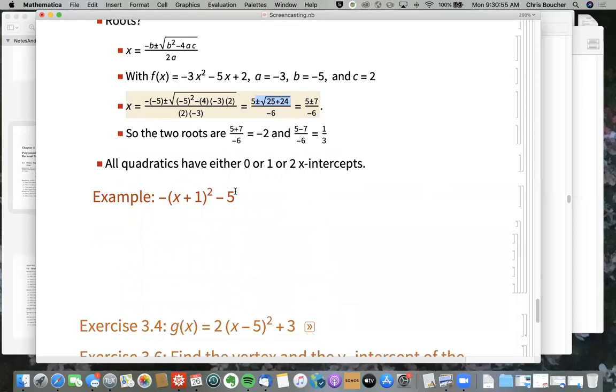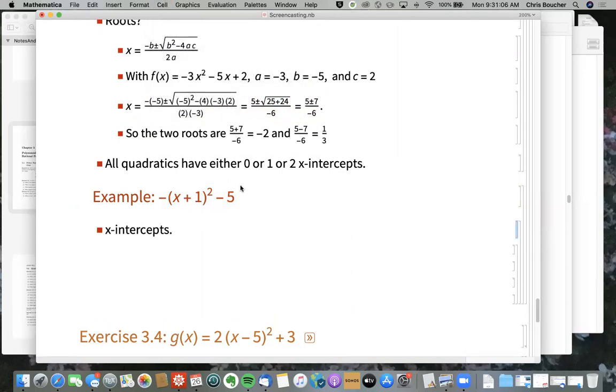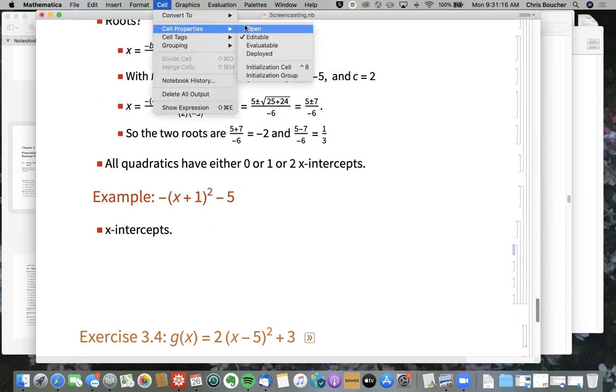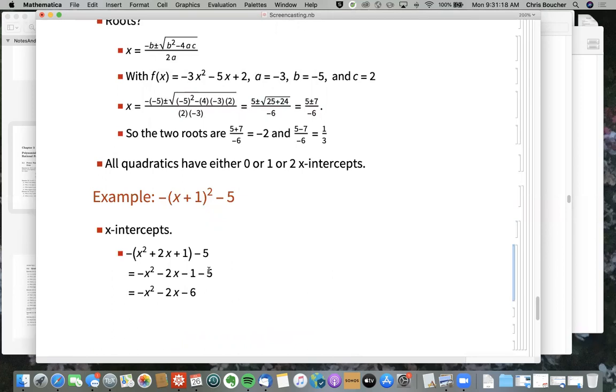All right, let's quickly look at this other example and then wrap this particular video up. So here I have a quadratic. This is in vertex form, notice. So let's see, what's the first thing we want to recognize about this? Let's find the x-intercepts for this, starting from vertex form. There is more than one way to do this. What I am going to do, I think, is go ahead and put it in standard form